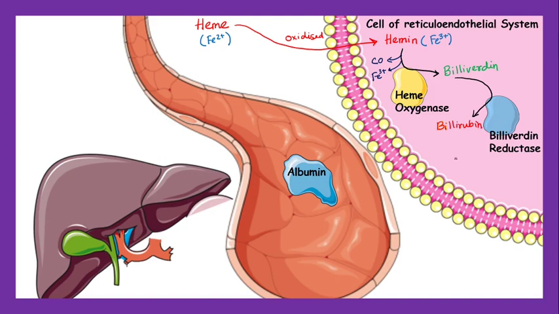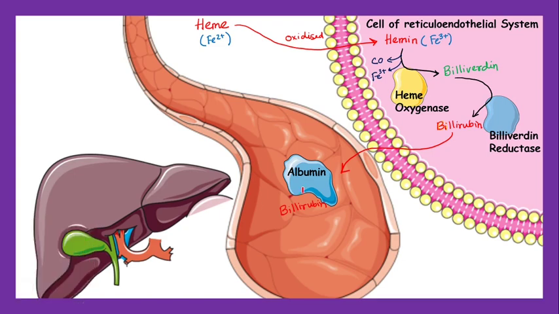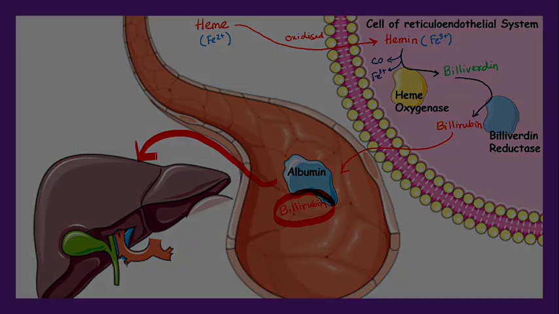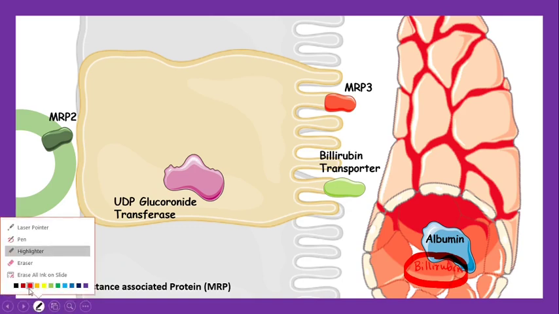Right. Now this bilirubin is very water insoluble. So this bilirubin is released into the blood, and in the blood the bilirubin gets bound to albumin and is transported in the systemic circulation. This bilirubin bound to albumin goes to the liver and enters the hepatocytes. The albumin-bound bilirubin comes to the liver through the sinusoids, and from the sinusoids this bilirubin is detached from the albumin and moves to